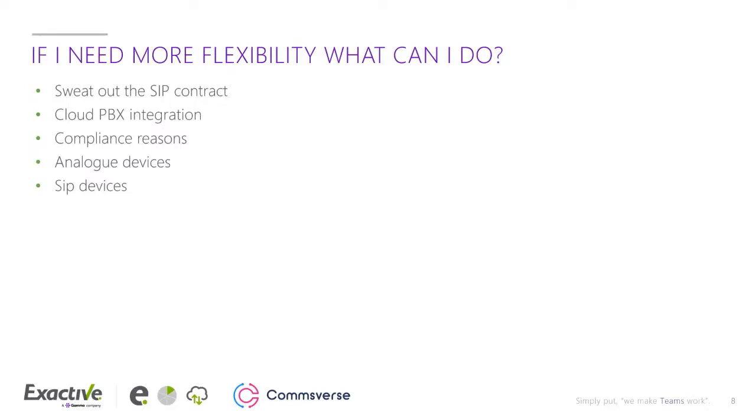Or depending, for example, on big massive warehouses, you may have a need to have analog devices or SIP devices registered somewhere, and some direct routing offerings don't have that. You need to create something a little bit more flexible. So what can you do around that? It's quite common that you'll have existing handsets. They might not be Teams compatible, but they might be SIP compatible. So if it's an analog, you'd use a Grandstream or something similar and set it up that way. Or if it's a SIP device, you would just register it straight away. But what can I do to actually make all this work? If any one of these is where I'm coming from as an organisation, and that's what I'm migrating from, but I still want to leverage Microsoft Teams direct routing.